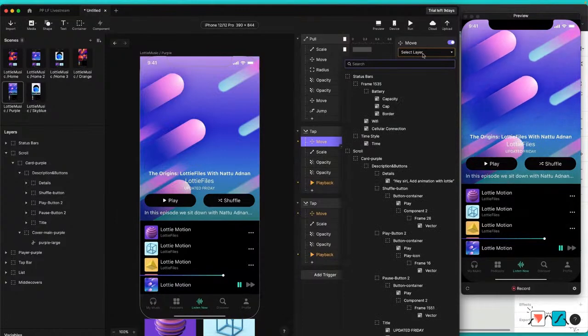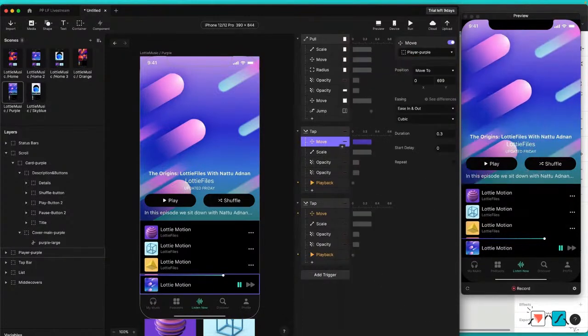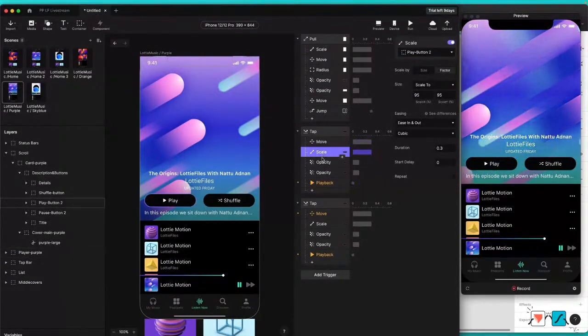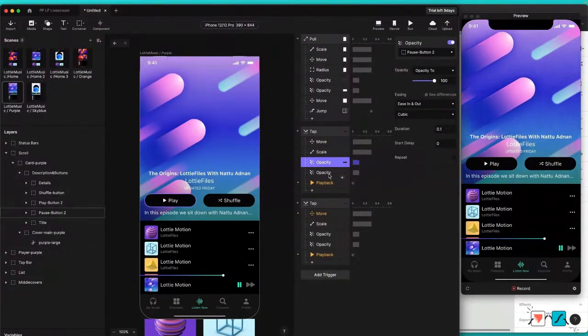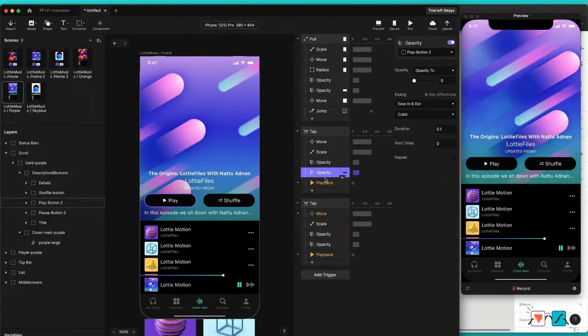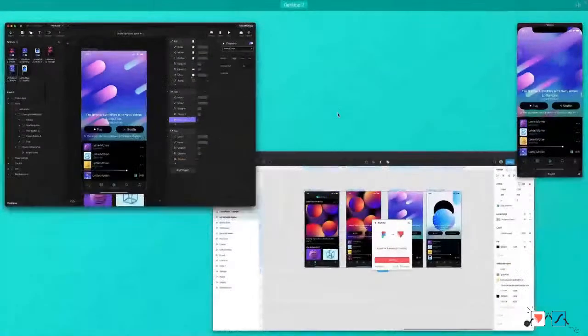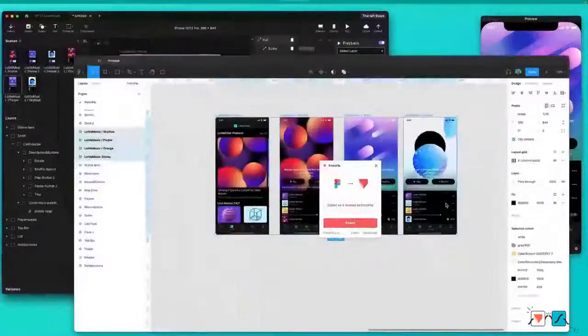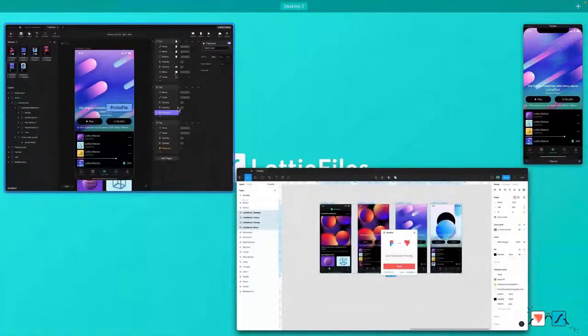So just come here and select player purple and play back what? Just to make sure that everything's in the right place. So you have play button 2, play opacity. So yeah, all this is right. And over here, we just need to add our other,